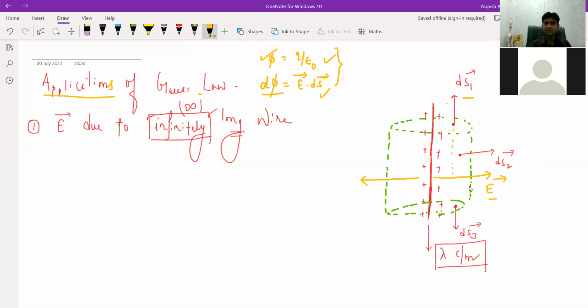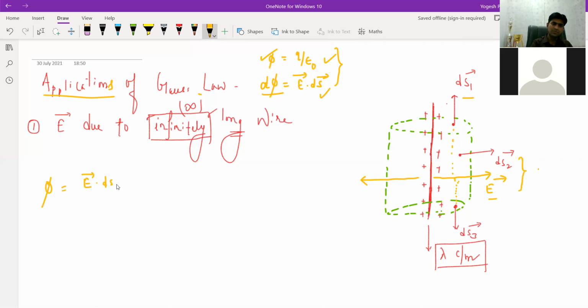What is the angle between ds3 and E vector? Also 90. What is the angle between ds2 and E vector? 0. So we can write here, as per the definition, phi is equal to